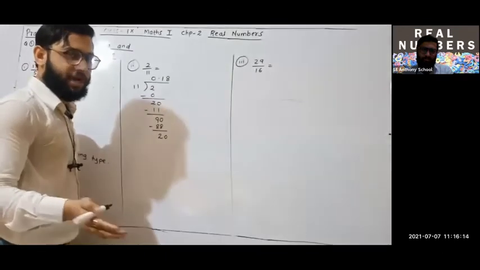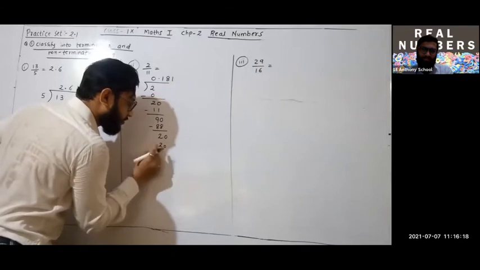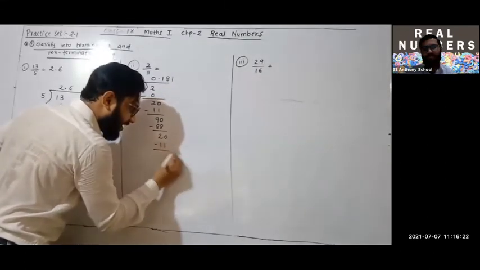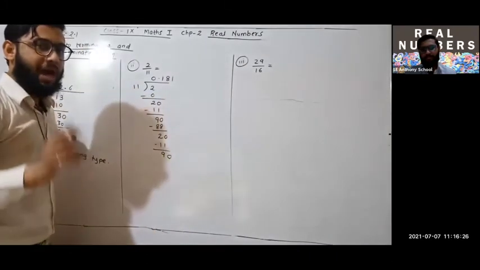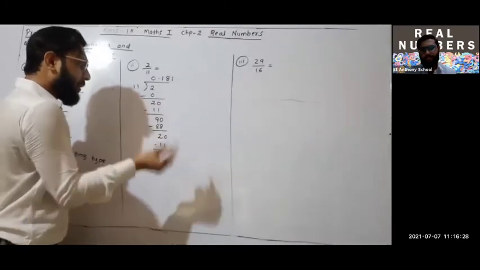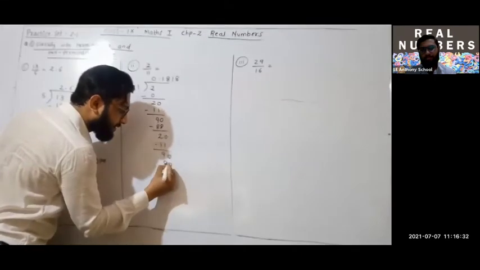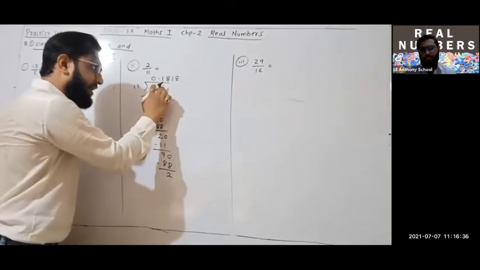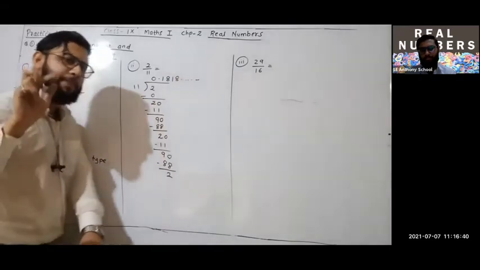20. 11 how many is up? 11 ones are 11. Sorry, 11 ones are 11. Okay, so 20 minus 11 is how much? 9. Again you will take 0. If you pay attention, guys, this is repeating. Look, 11 eights are 88, subtract and you get 2 again. So this is repeating, guys. 0.18, 18, 18 will keep going. Are you getting my point? If it repeats two times, you should understand.